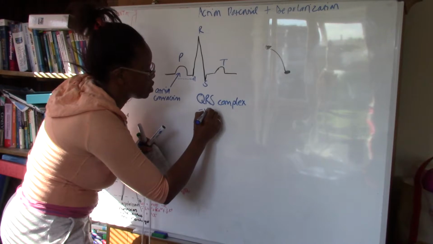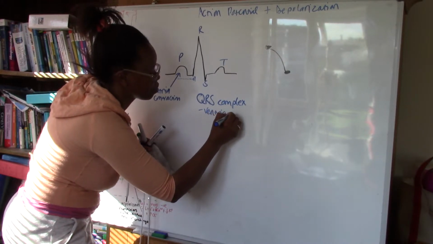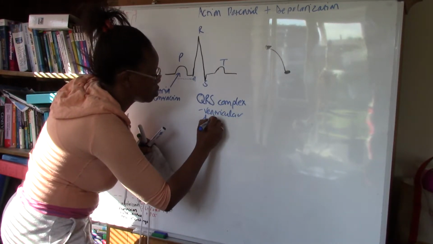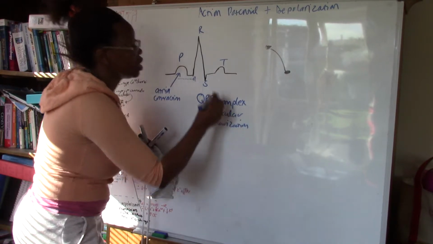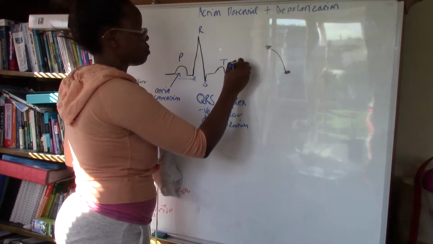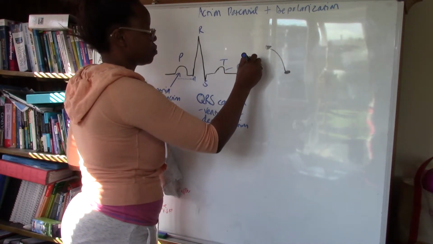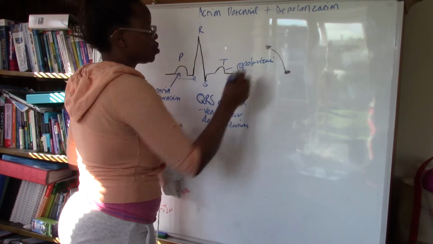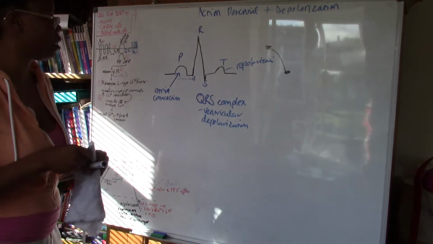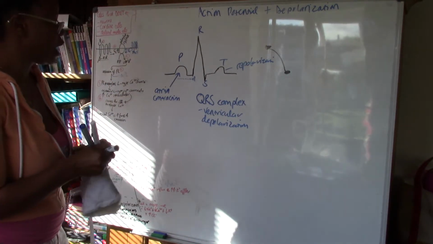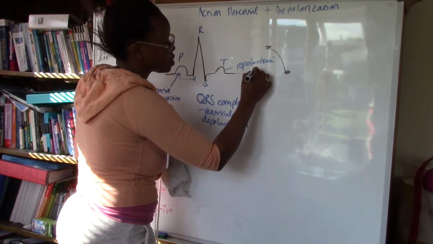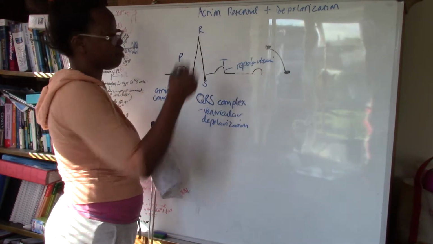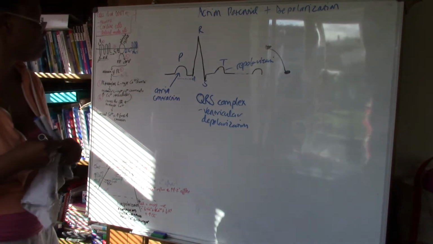Which really is ventricular depolarization. And T is repolarization, to return to the resting membrane potential. And obviously if another impulse comes in again, we will have the same thing happening, P, and then forming the QRS complex